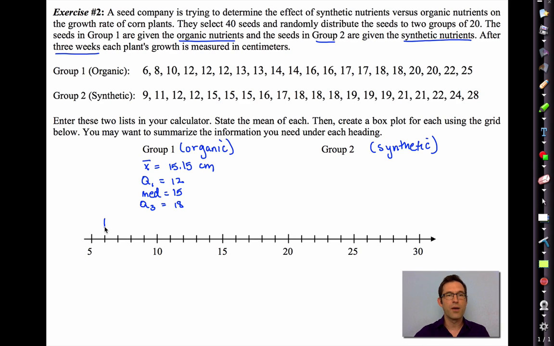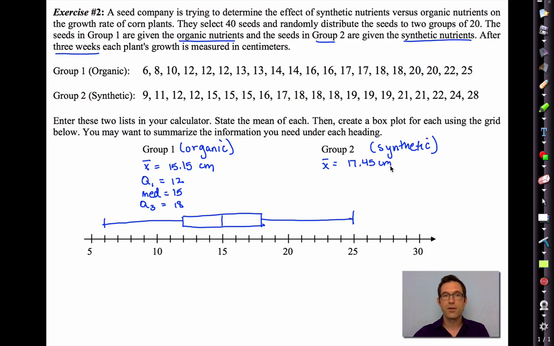We'd have a line at the min, which is 6, a line at the maximum, which is 25, a line at Q1, which is 12, a line at Q3, which is 18, and a line at the median, which is 15. So it would look something like this. All right, some seeds grow better than others. That's the natural variability. Okay, group 2, it had a mean of